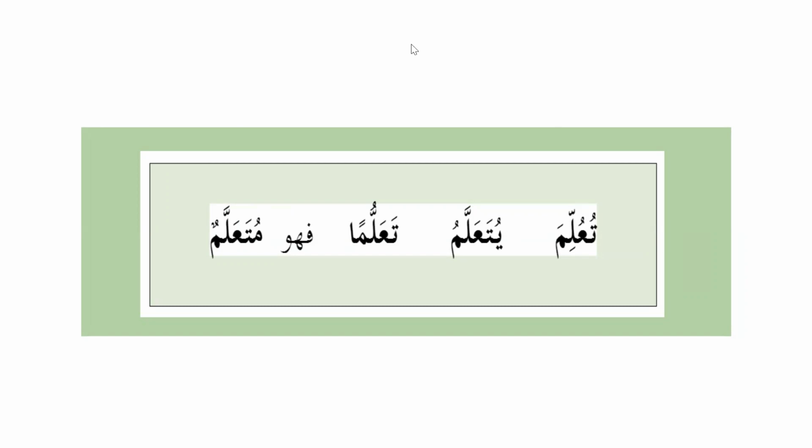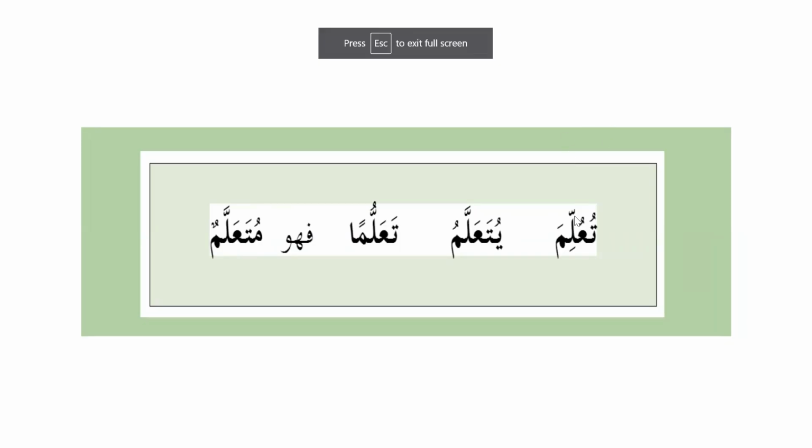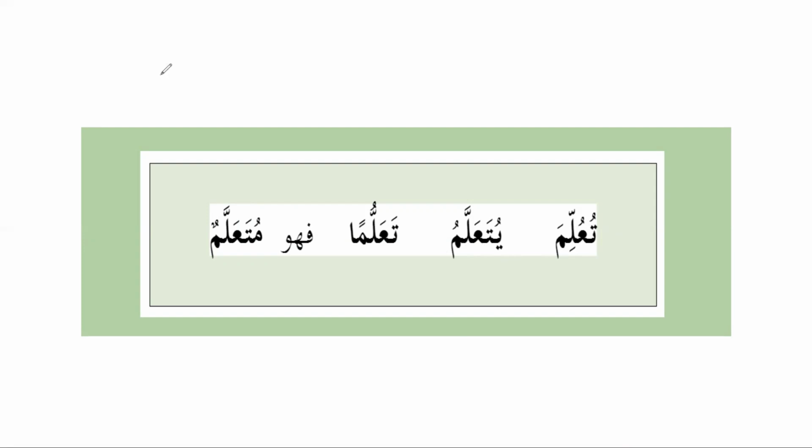for past passive we follow fu'ila, the pattern fu'ila. So ta is again from the family, because this is family 5. So family 5, it starts with ta. So ta will get dhamma and fa kalma also would get dhamma. Tu'ullima yuta'allamu. Tu'ullima yuta'allamu. So this family, this past passive